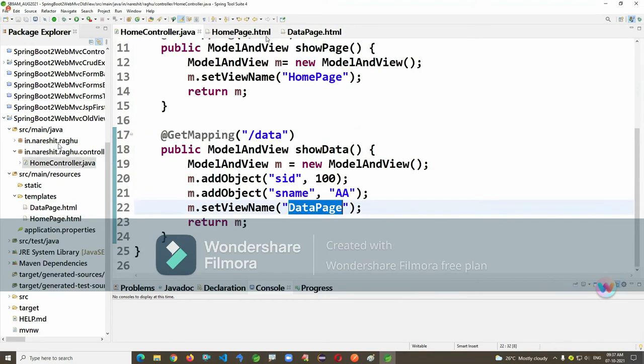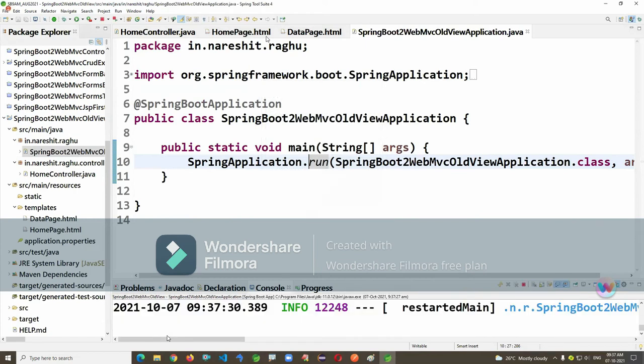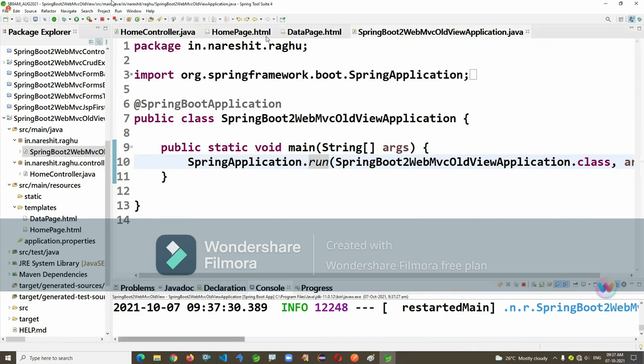Now running this application, observe here. It's slash data: Welcome to data page.